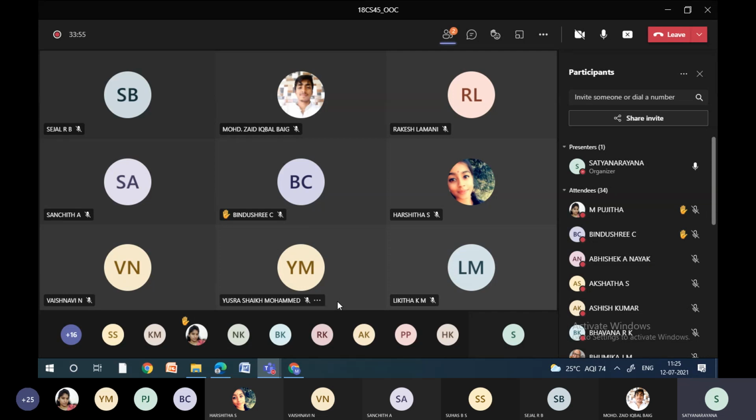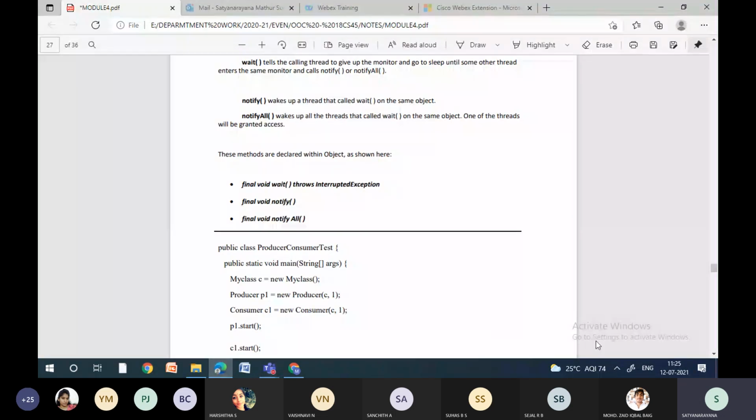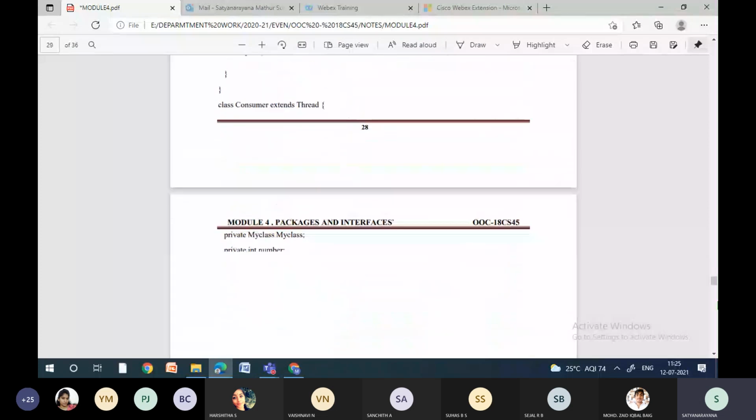No, not really required. There is a simplified producer consumer program. Those who feel that this is very lengthy can search on Google. There is a very simplified producer consumer, and I'll also share that program with you, where you have the direct producer and consumer, which will be calling and executing. But again, I suggest going with this program because it is very simple to remember. My class is one class, then the producer class and consumer class extend Thread. Then you write the get method and put method, right? So this is how the producer consumer problem is solved in Java. Now let us go further.